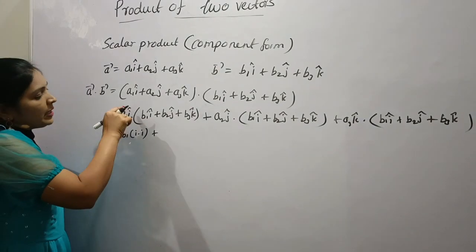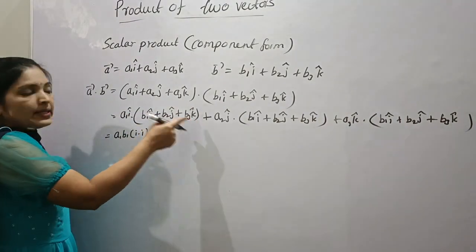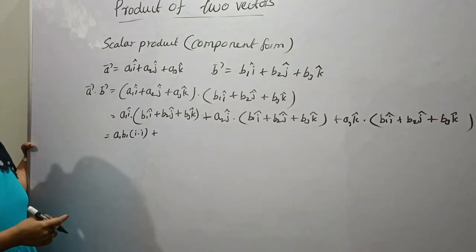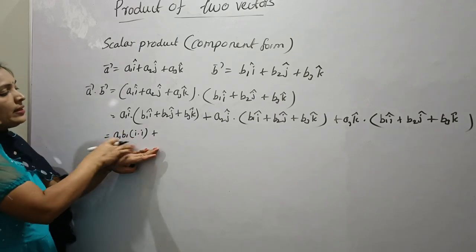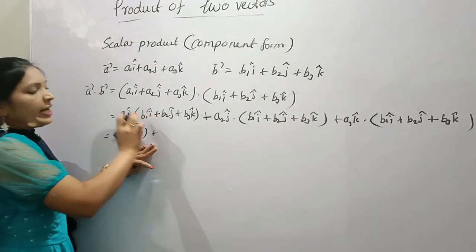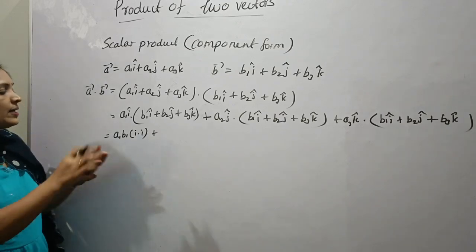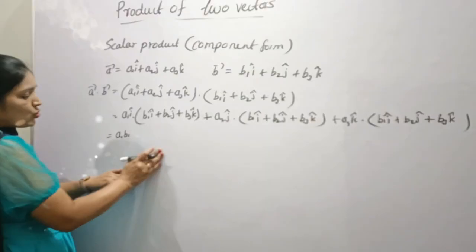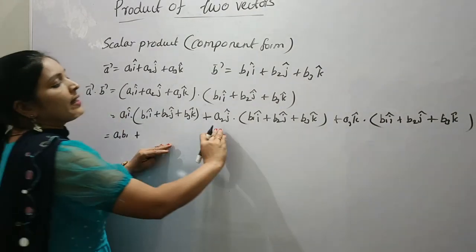And third term, that is i dot k. a1 i dot b3 k, that is a1 b3 i dot k. That is, i dot k is also 0, right? So here in this first term we will get only one term. Remaining terms will be 0. Right? So here a1 b1 i dot i, that is 1. So here we can write a1 b1. Plus next come here